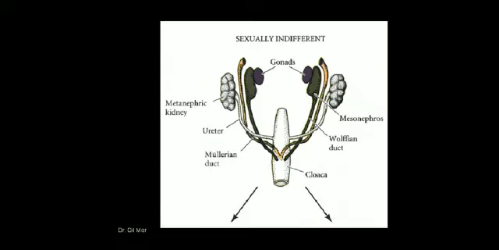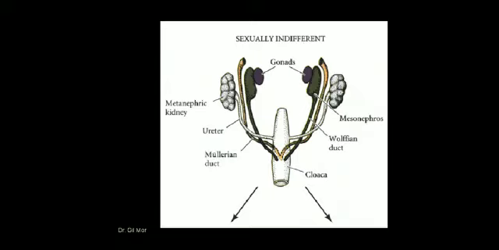And we mentioned that Mullerian inhibiting substance, which is produced by the Y chromosome, causes regression of the Mullerian duct, that is by apoptosis. So there will be regression of the Mullerian duct. So this is about differentiation of